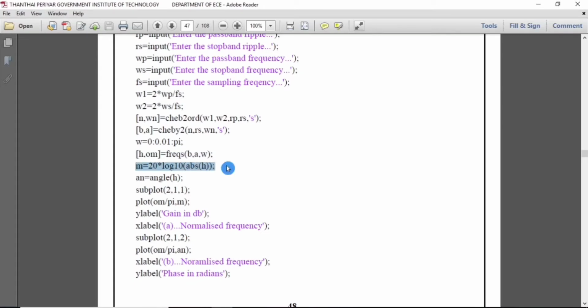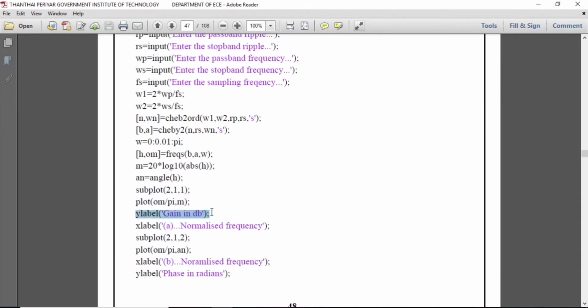Then m = 20 times log to the base 10 of the absolute value of h, which is the gain of the filter, and n = angle of h is our phase response. Then subplot(2,1,1), meaning 2 rows, 1 column, with our output placed in the first position. Then plot, which is used to indicate our x and y axis.